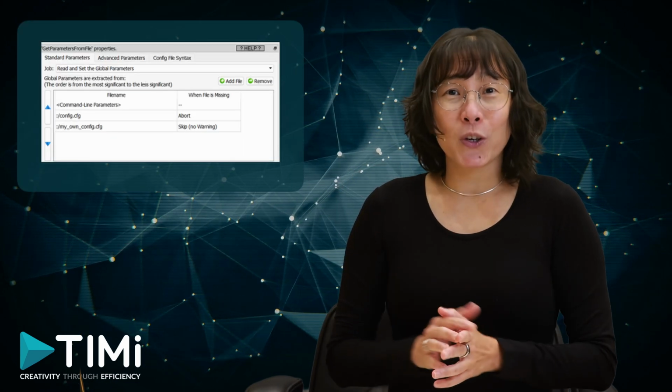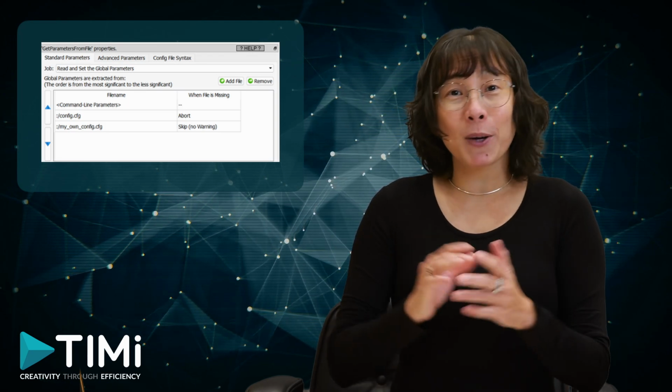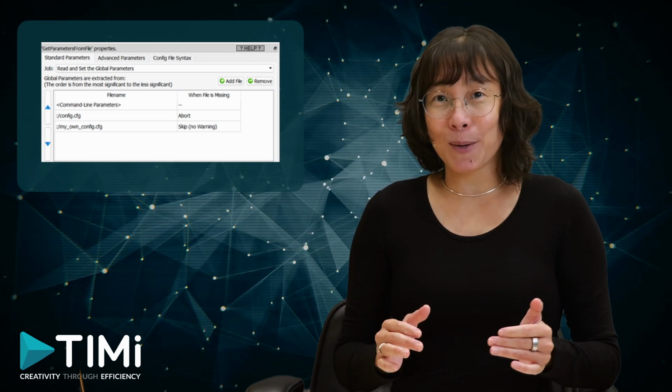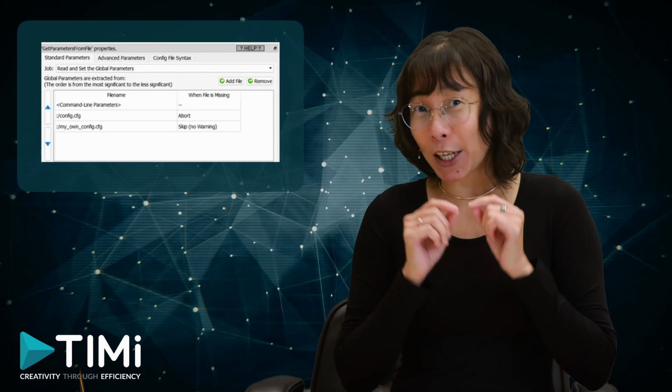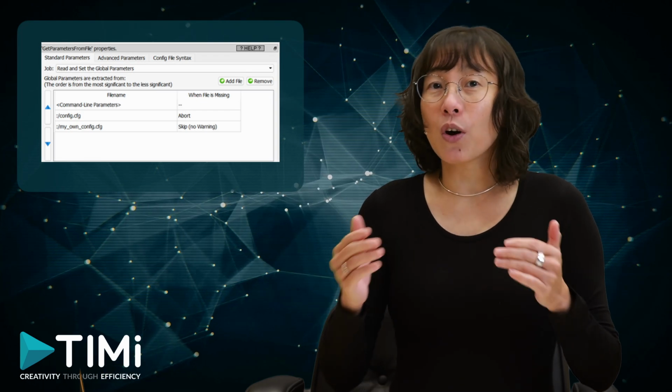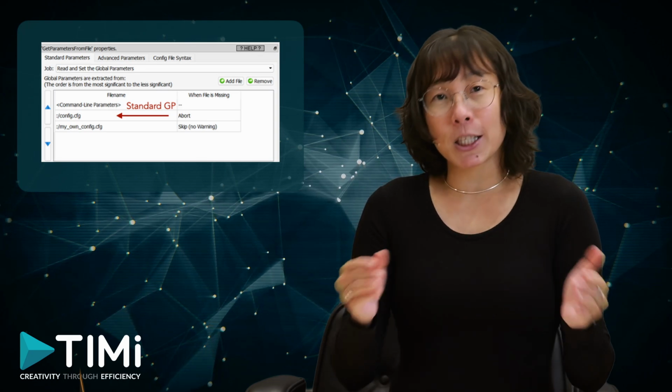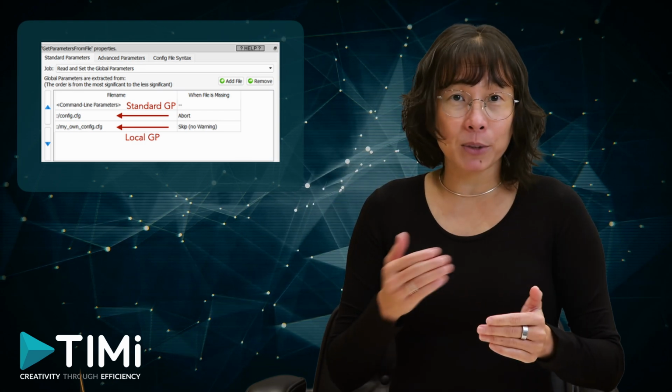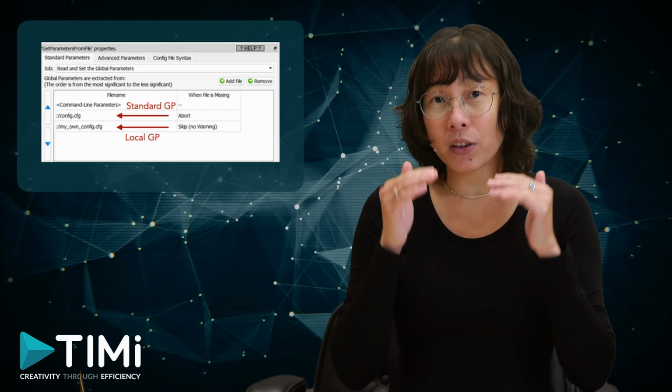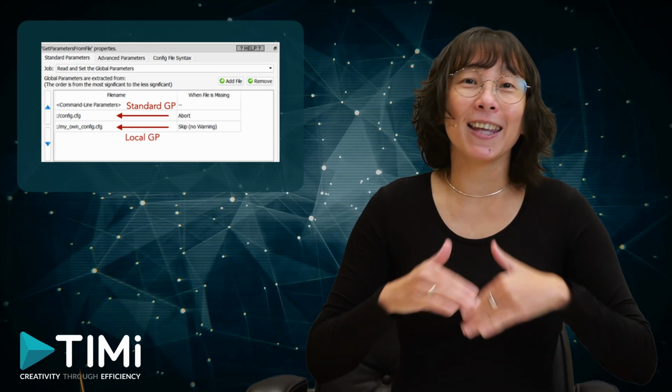Similarly, if analysts working on the project need to adjust a few parameter values for their local setup, they can do so by editing their own configuration file. In this setup, the default config file contains the standard global parameter values that all analysts are expected to use, while my own config file includes any local modifications needed to run the project on the analyst's specific machine. This approach allows each analyst to work independently while keeping the project-wide settings consistent and easy to manage.